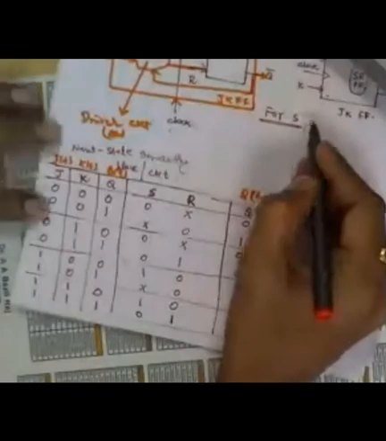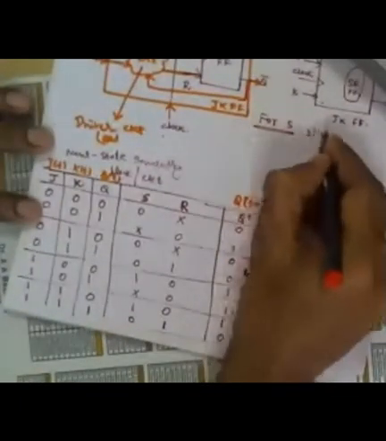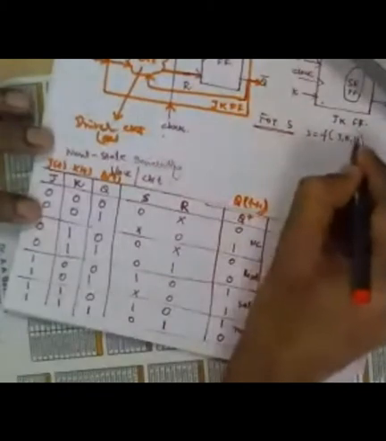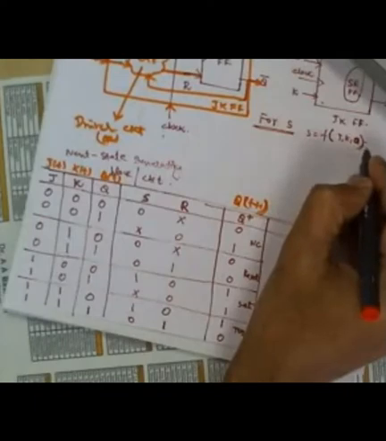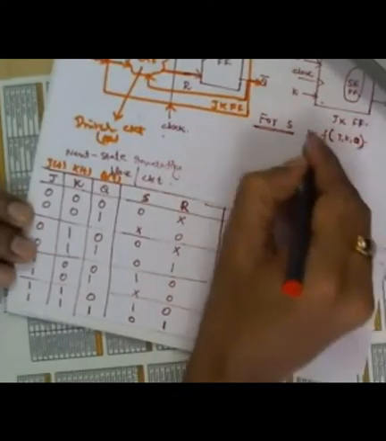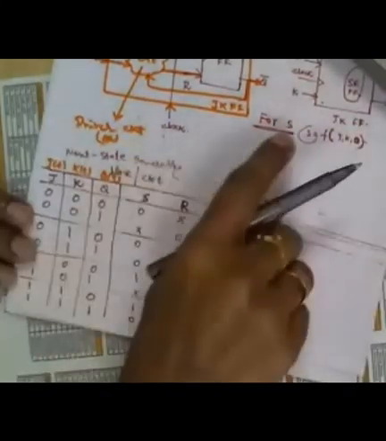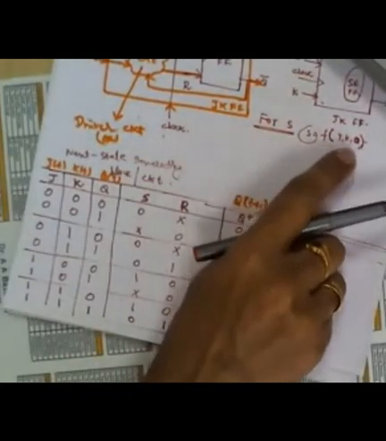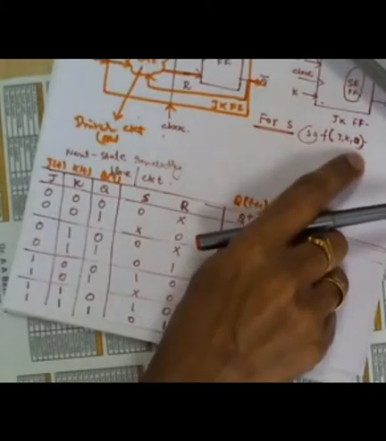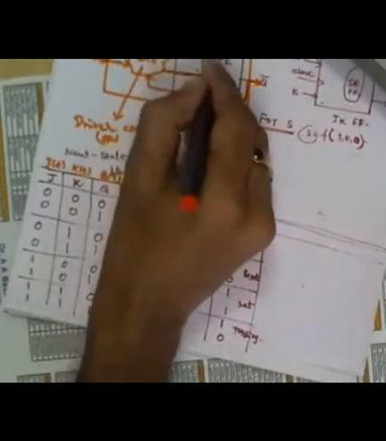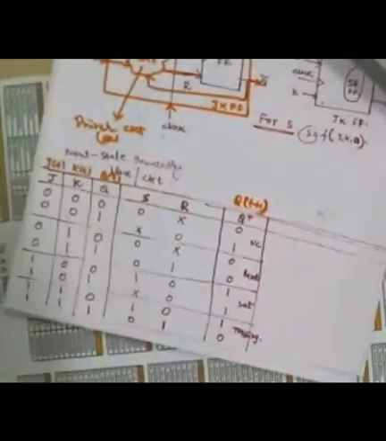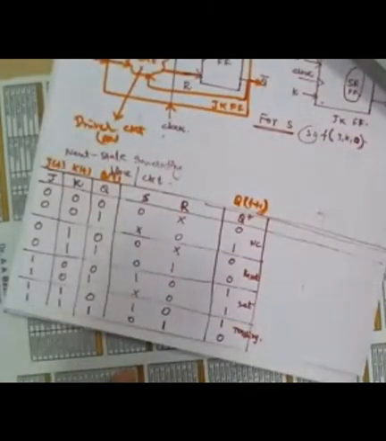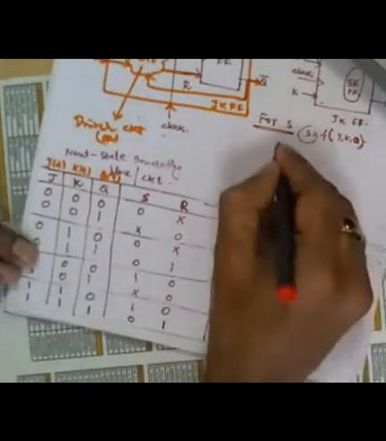Okay. So for S, S will be some function of J, K and Q. Q bar will automatically come. So S is a function of J, K and Q. That means I am going to make one circuit that will generate S. If J is like this, K is like this, and Q is like that, then S is available at this point. If you apply the clock here, these circuits will generate one state, the suitable state for the JK flip-flop. We cannot derive it directly because the core is not the JK flip-flop. The core is the SR flip-flop. So for S, make the Karnaugh map.